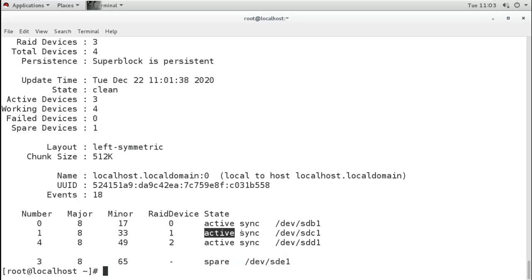The disk will show here as faulty, but 2 disks are still running, so it will still show that your RAID is working, but it will say faulty. It is not clean. That means if you lose one more disk at any time, you can lose the data. So you have to remove the faulty disk and then add a new disk for your RAID.